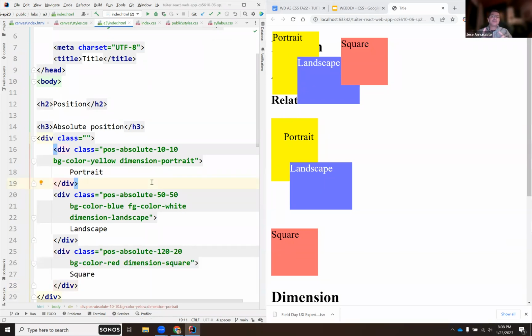But you can change where this is being measured from. By default, it measures from the top left corner of the document, but you can change where that position is measured from by defining whatever closest element has a relative position. So for instance, if I want to measure 10, 10 instead of from this 0, 0 here in the top corner, I could measure it from my parent div. My parent div is this one,